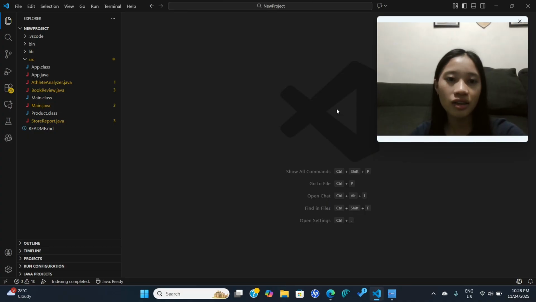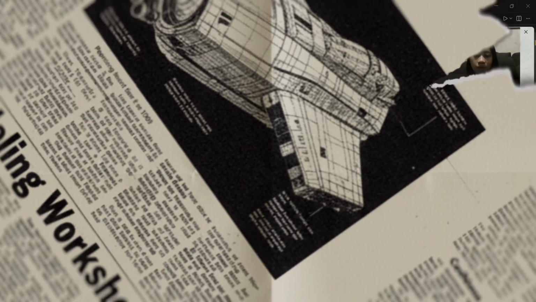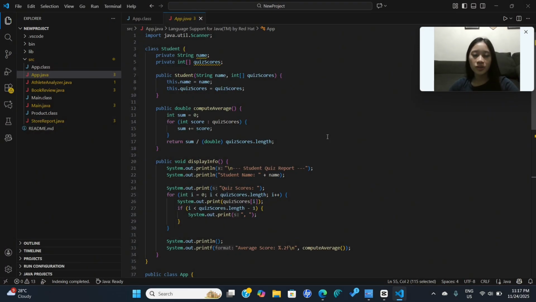The IDE I use is Visual Studio Code. So let's start with problem 1. For problem 1, this is the code I wrote in app.java. So first, I put import java.util.Scanner, and then